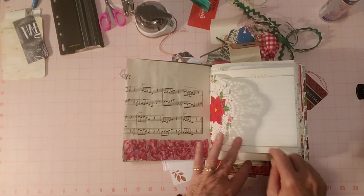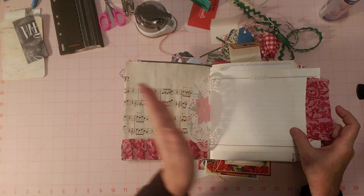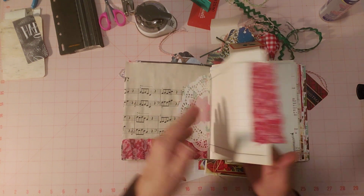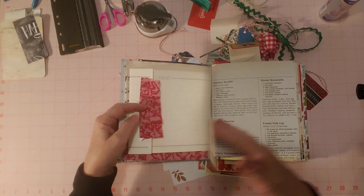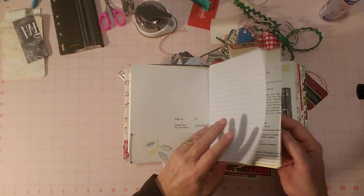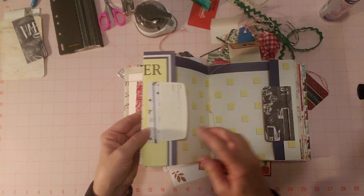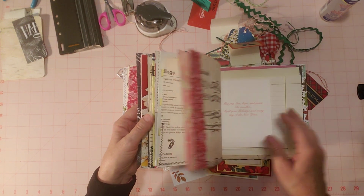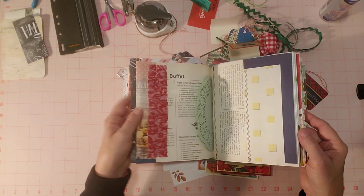Here's a pretty doily. I did use some guest book pages, which were long, you know, landscape orientation, and they were extra wide, so those came in handy. I actually had to fold it over, and I put a little ruffle on there. This is wallpaper with a little pocket here. And so just, you know, stuff like that. I added some little tabs here with scrapbook paper, Rolodex card. And I'm not going to go through every page right now. Like I said, this is not a flip through, but just an example of what is going on here